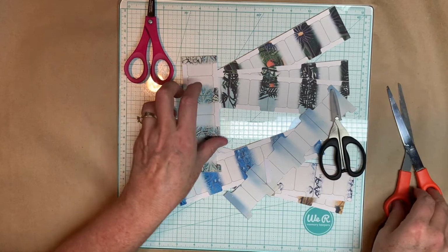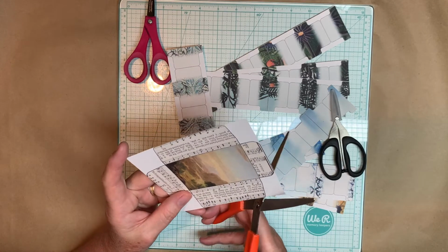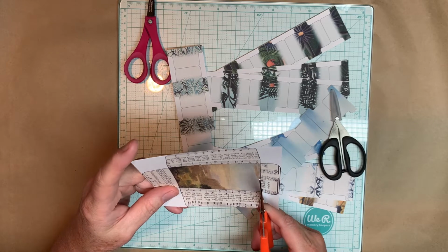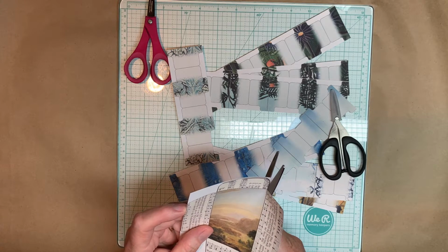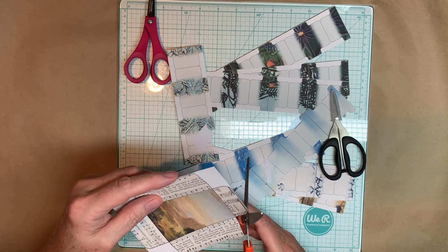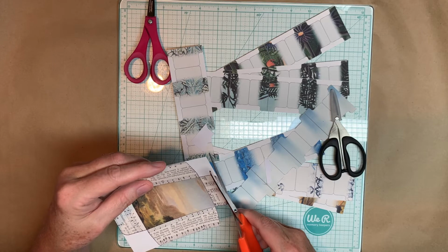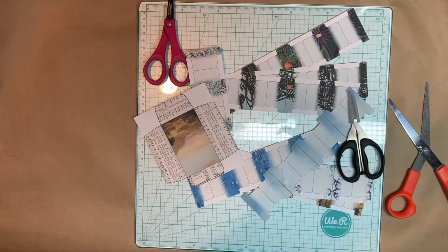And so you cut all your little pieces and parts out. And when you're cutting, it's just like back in grade school, only there's no teacher to grade you on it. Sometimes you get on the line and sometimes you don't. And, of course, you need to get as close as you can. But as I think I mentioned in maybe one of my other videos, I'm going to say it here because this is the special video about cutting. You can always cover a multitude of...